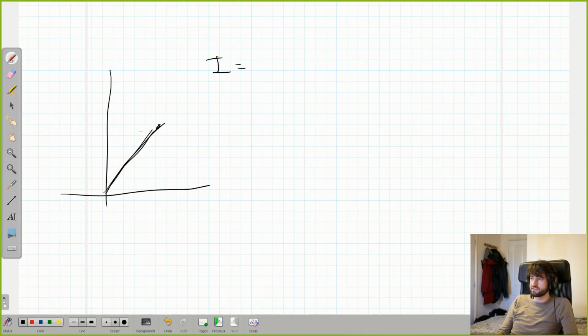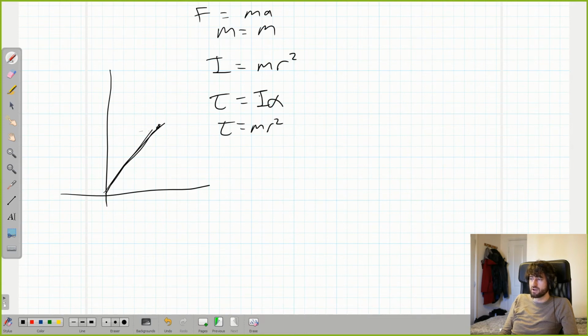The inertia of this thing is, okay, so in general, the mass is just the mass, right? And F equals ma. Well, the inertia is m times r squared, and the torque is I alpha. So the torque is mr squared alpha. Okay? So what that implies is that the larger the mass is from you, the harder it is to rotate